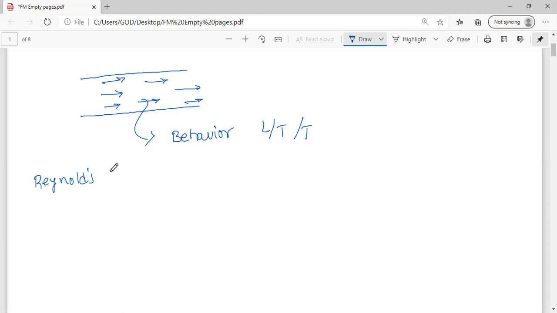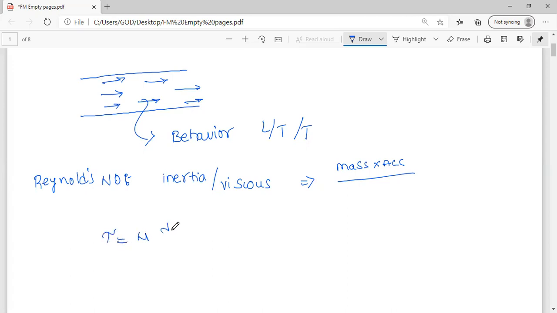We know already the Reynolds number is defined as a ratio of inertia force in the system to the viscous force in that particular fluid. So if you observe, inertia force is mass into acceleration, by viscous force. Already we know from Newton's law of viscosity, tau is equal to mu into du by dy. This is also written as tau is equal to mu into u by y. From this I can write mu is equal to,